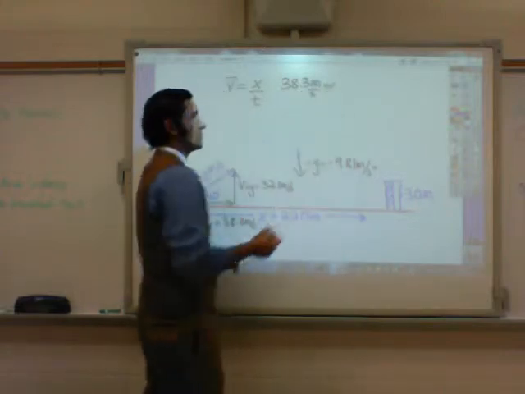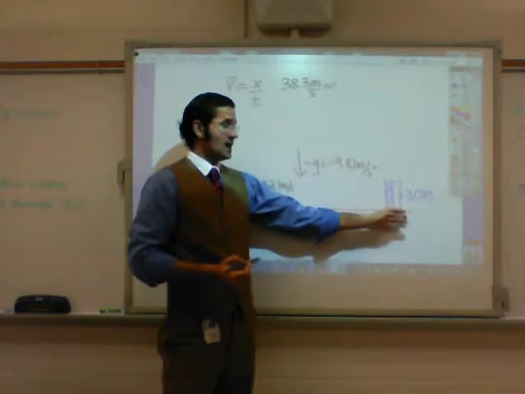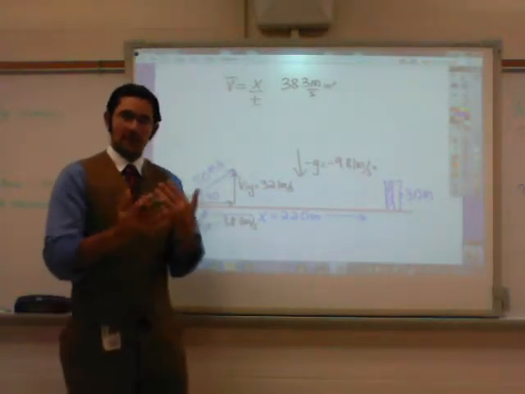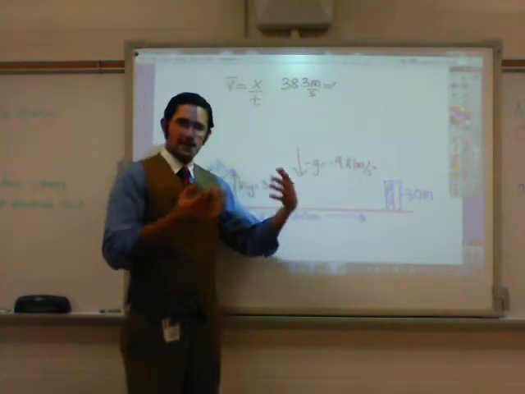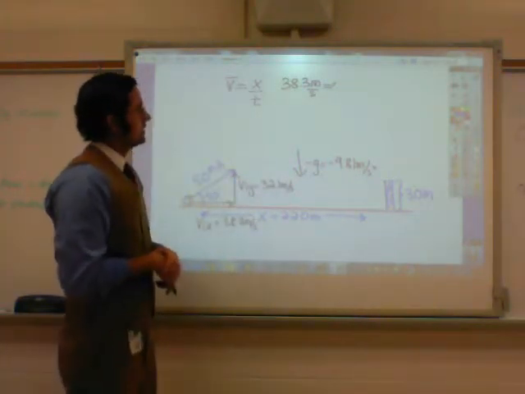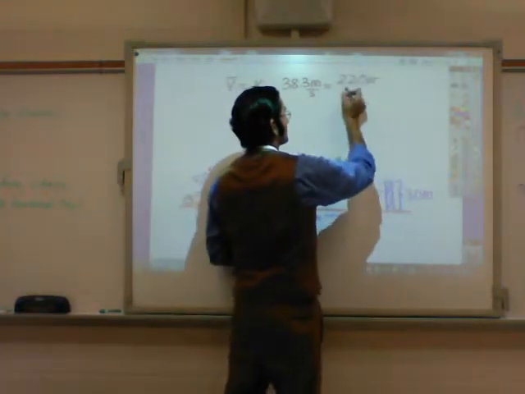And the reason why I'm using the horizontal velocity is because I'm trying to figure out the time it takes to cover a horizontal distance of 220 meters. So you keep x's with x's, you keep y's with y's, but equations should only have variables from one axis. The displacement is 220 meters, and I solve for the